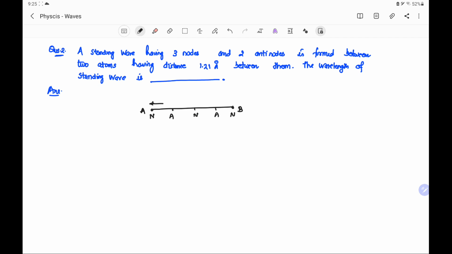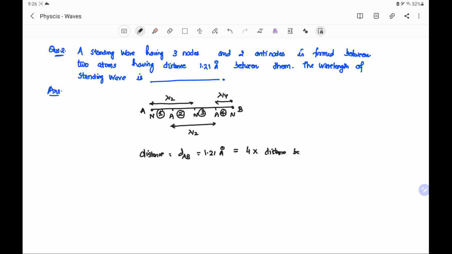Also, we have discussed that the distance between two successive nodes is lambda by 2. Similarly, the distance between two successive antinodes is also lambda by 2, and the distance between a successive node and antinode is lambda by 4. So, the distance between A and B is given as 1.21 angstrom, and this distance comprises a number of node-antinode distances. Suppose this is 1, then again antinode and node, this is the distance 2, then third and fourth. So there are 4 times the distance